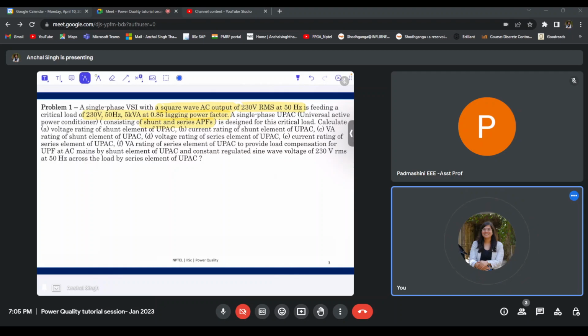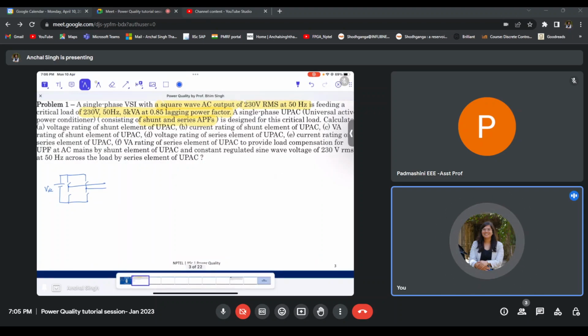So let us draw and understand what kind of topology this will look like. They have given us a square wave inverter which will generate a square wave output. So let me assume that this is my square wave inverter which is going to generate a square wave output. This will have a DC voltage at its input, and from here we'll get a square wave output that will go into our source load system. So let me say that this is my source load system,